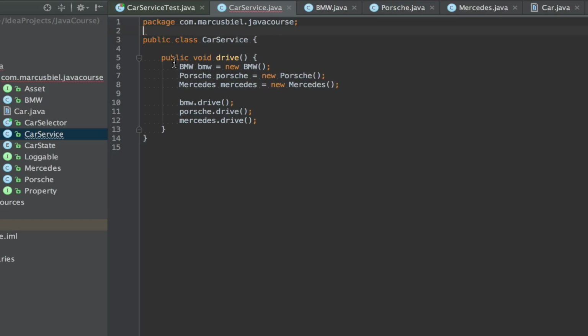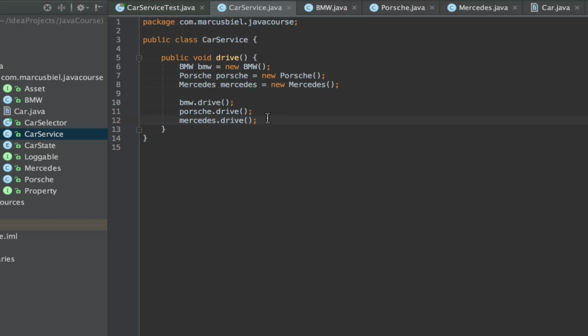So what we say here, this car service at the moment is really deeply coupled to these car classes. This is something that we don't want. More about this later. And also you see we need a lot of code to make all the cars drive. And this is something that we want to improve with using interfaces.